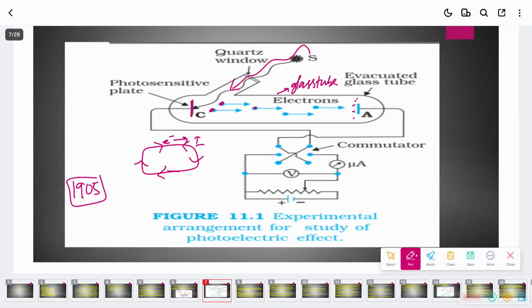Light is coming like this, and because of this the graph is coming like that. Nobody was able to explain it. Everybody was able to see the observation. In the observation, the graph was coming correctly, but nobody was able to explain that graph. But Einstein correctly explained it. Understood?